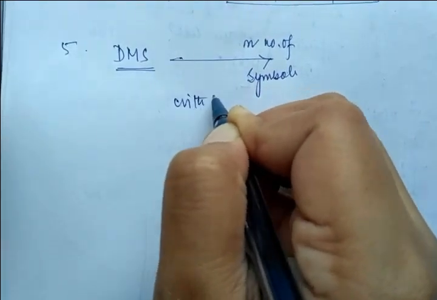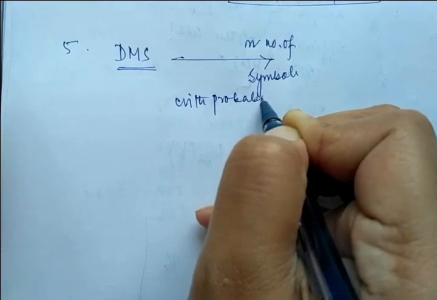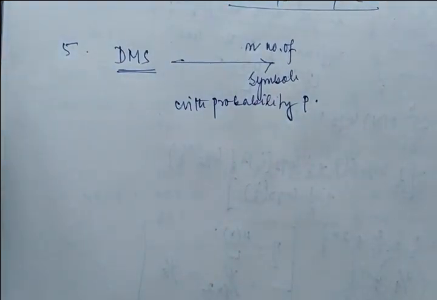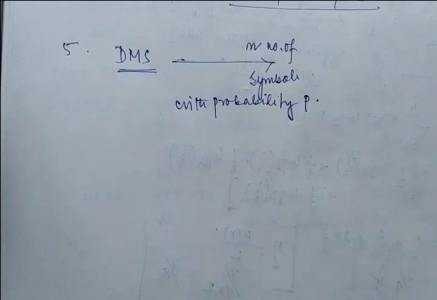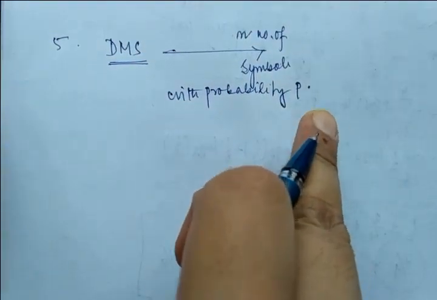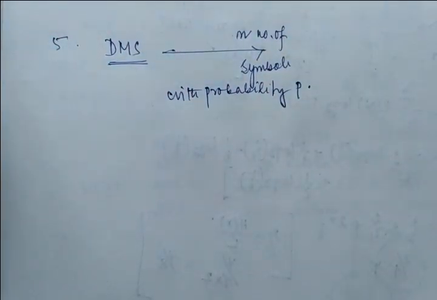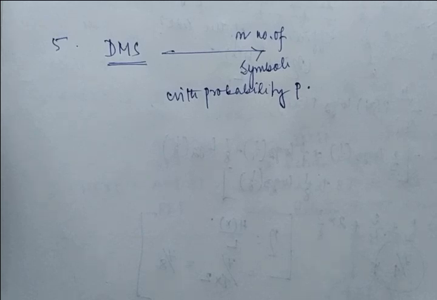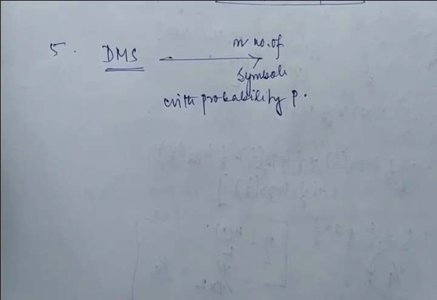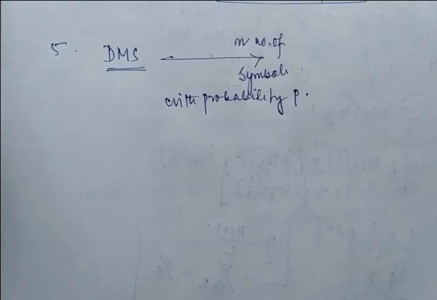with probability P, right? The entropy of the source as a function of n. The entropy of the source as a function of n, whether it increases, decreases as log n, increases as n, increases as log n. There are 4 options, right? And which one will be the correct answer according to you?